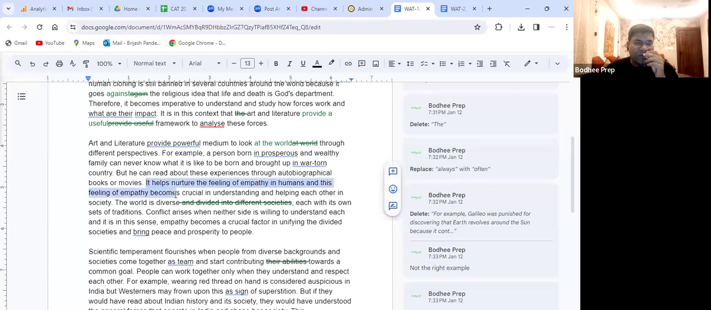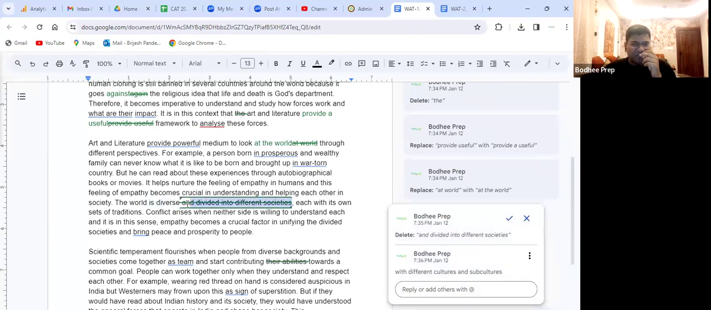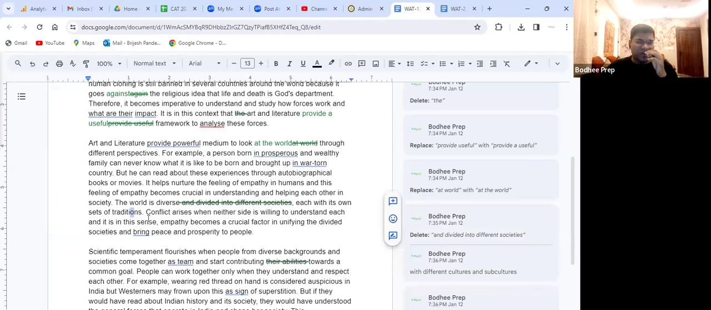It creates in you a feeling of empathy, which becomes crucial in understanding and helping each other in society. The world is diverse, each with its own. So when you say diverse and divided into different societies, I don't like this phrase, because it is as if your society, my society, as if we are living in different ones. See, human society is human society. You can say different cultures, different communities, but the world is diverse, each with its own set of traditions. Conflict arises when neither side is willing to understand the other, and it is in this sense empathy becomes a crucial